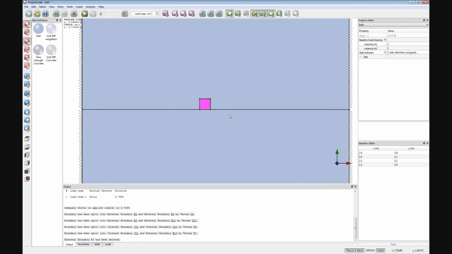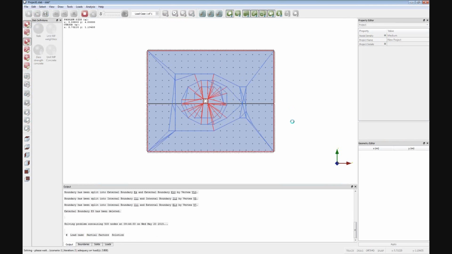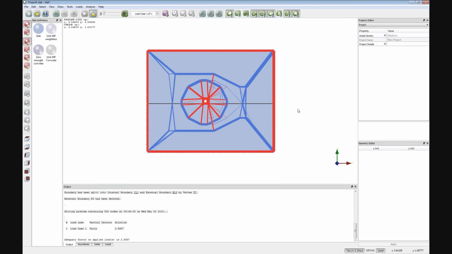And all we need to do to actually make that into a column is then to delete the center of the solid and set the boundaries to either be fixed or simple. In this case, I'm going to set them to be fixed and solve the problem again. And you can see now we've got a fan type mechanism occurring around the column, and then sort of an extended envelope around that. Obviously, the more nodes that we put into the problem, the more refined that failure mechanism